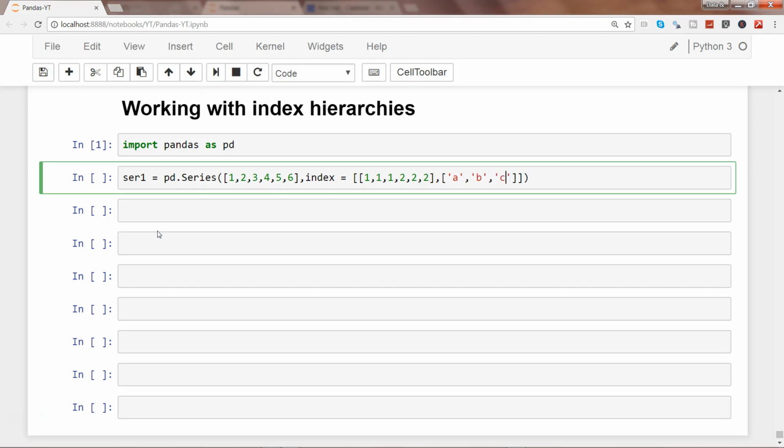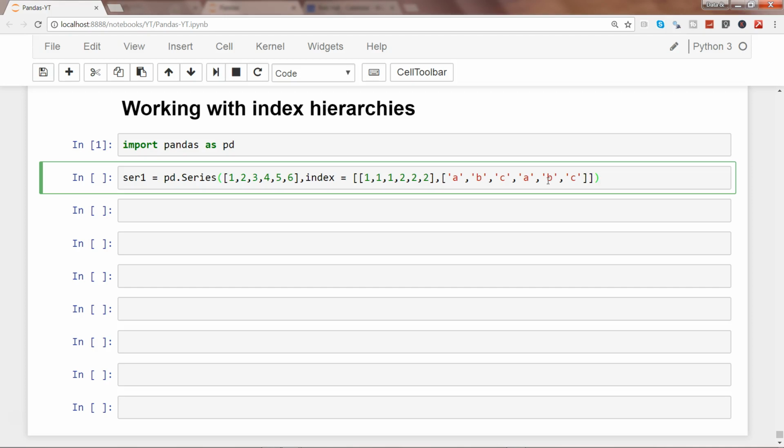and maybe the next one is a, b, c, again a, b, c. Alright, if you look at this index, this is the first index, or a high level index, having the value 1, and then this is a lower level index, the second level index. This is having the values a, b, c, and again repetition of a, b, c. That means with 1, a, b, c is assigned, with 2 again a, b, c is assigned. So there is some sort of hierarchy which is present.